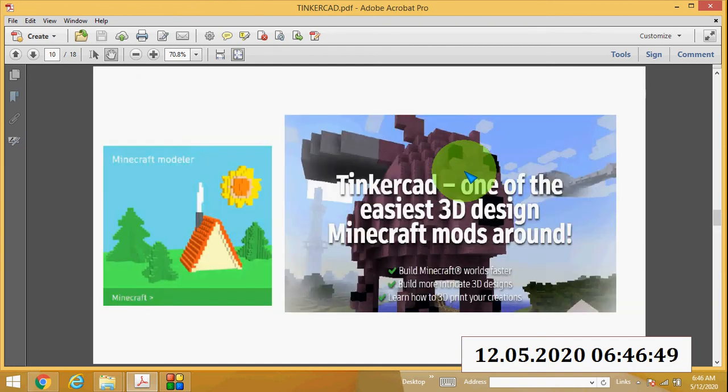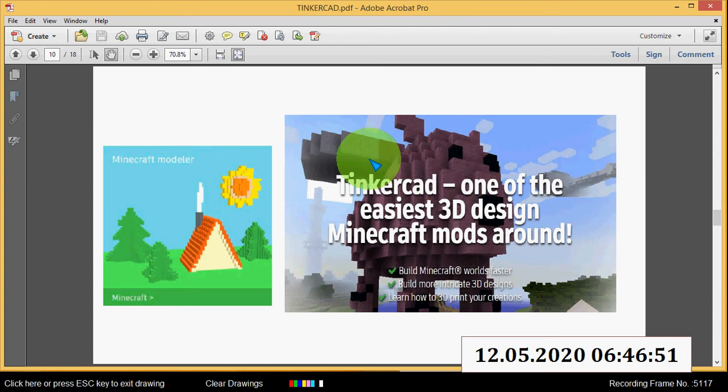Another area is Minecraft Modeler. If you have intricate 3D designs, you can build more intricate 3D designs with the help of this Minecraft Modeler. I will show you.